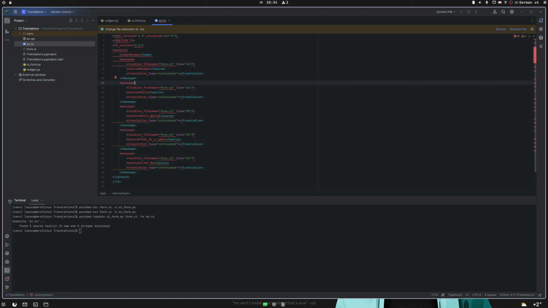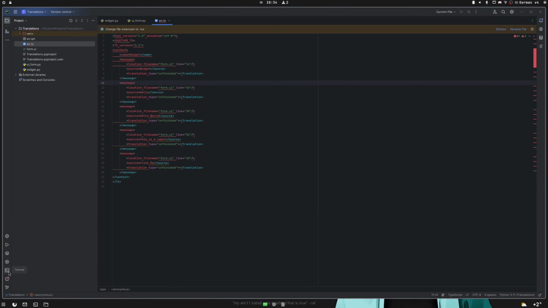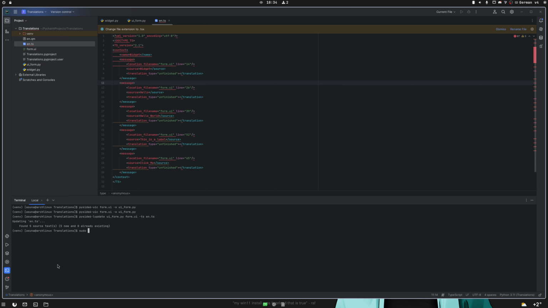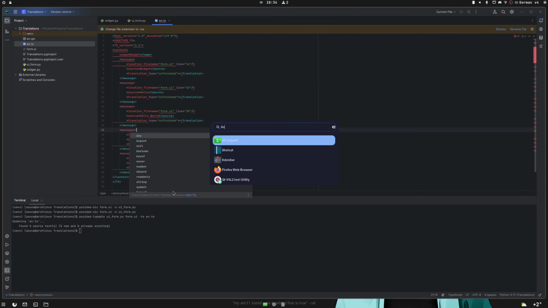And I would highly recommend you to use Qt Linguist for translation, because it's a tool that does exactly that. Translate stuff for you, and you can install it on Linux by typing sudo apt install qttools5-dev-tools or Qt5-tools, or with pacman, and on Windows you just need to install Qt from qt.io. So now you can open Qt Linguist